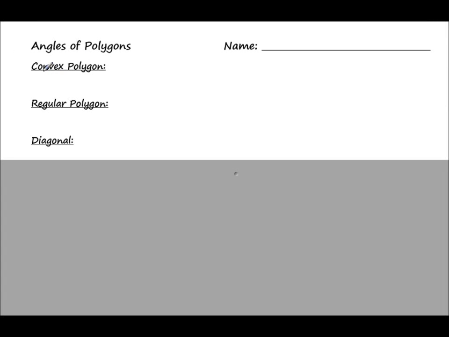The first term you're going to hear a lot is convex polygon, and we're going to pretty much be talking about convex polygons all throughout the unit. Those are just polygons where all of the vertices point outwards. So for example, if you have what you usually see as a pentagon, all of the vertices are pointing out, kind of like arrows, or they all look like angles, just like we're